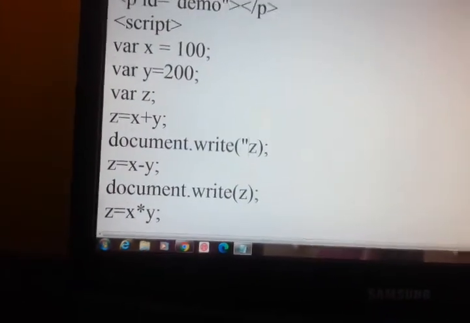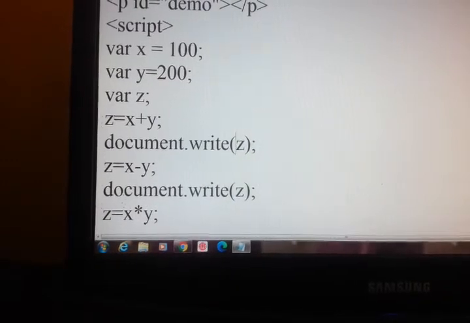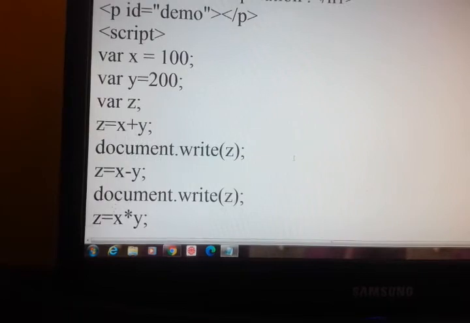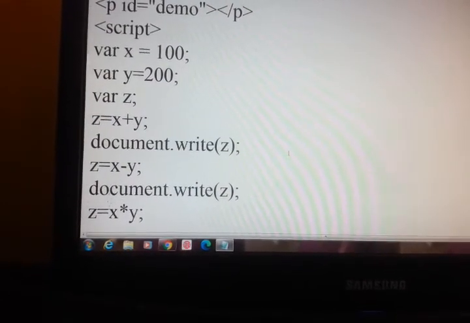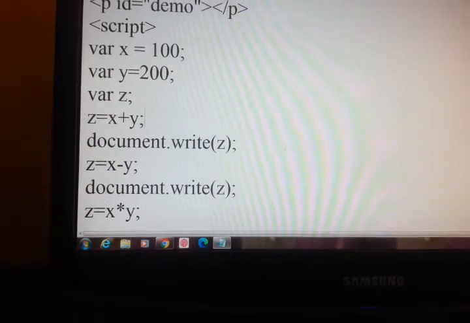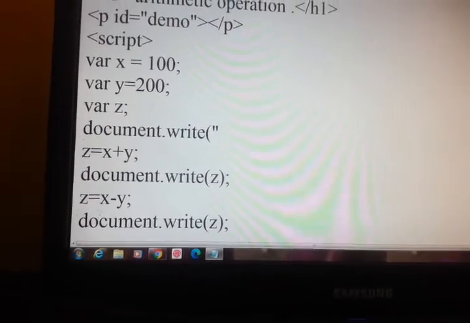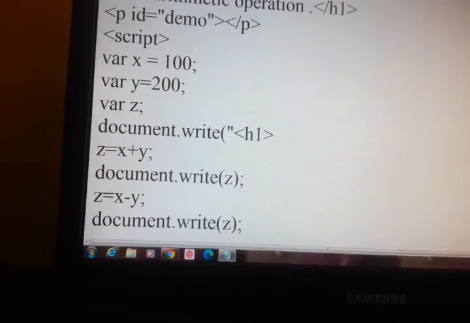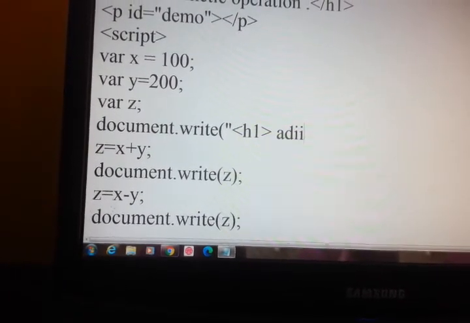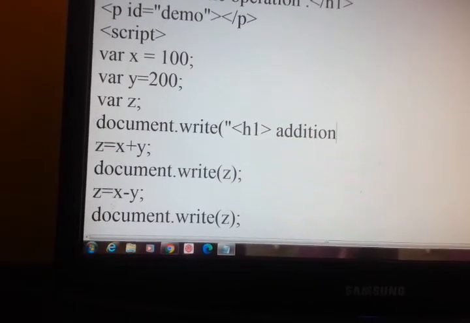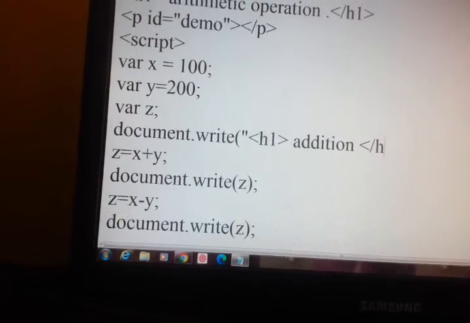So here we will write shift, we'll just copy this, Control C, in double quotes, I'll write here H1 addition, close H1.